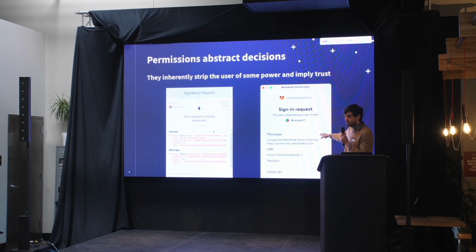But it also creates risk, because maybe if you're clever, you kind of need to scroll down here. You can tuck away some information under the fold, get your user to approve something they didn't mean to approve, and basically fool them into granting you faulty permissions. So the main point I'm trying to make is, I think it is just a fact that abstractions strip users of some power. By abstracting away the raw metal, you are making decisions on their behalf. And that implies some version of trust.